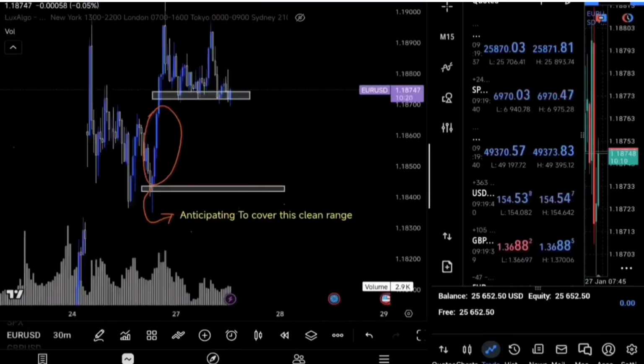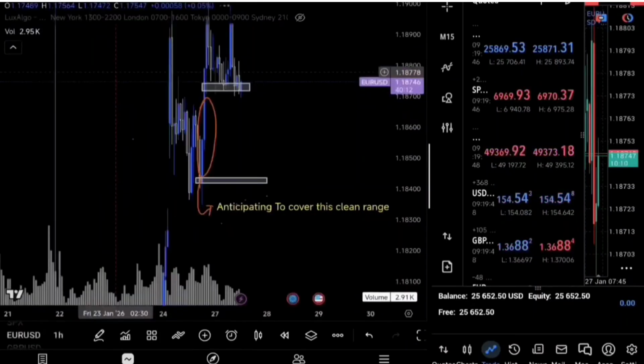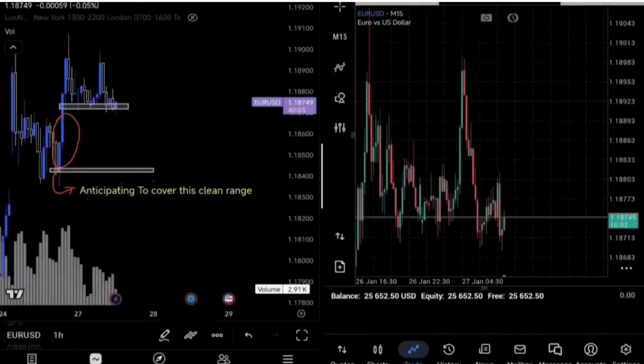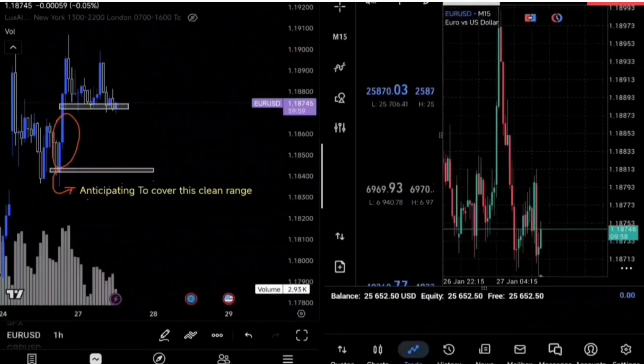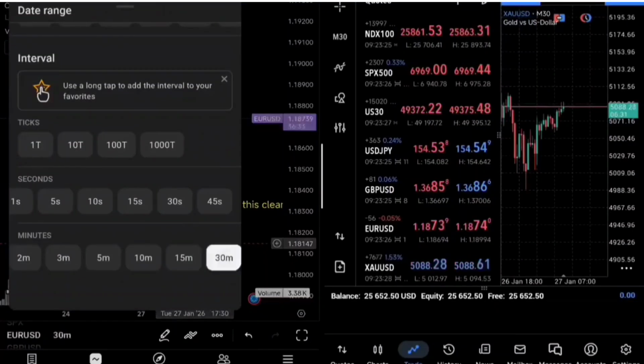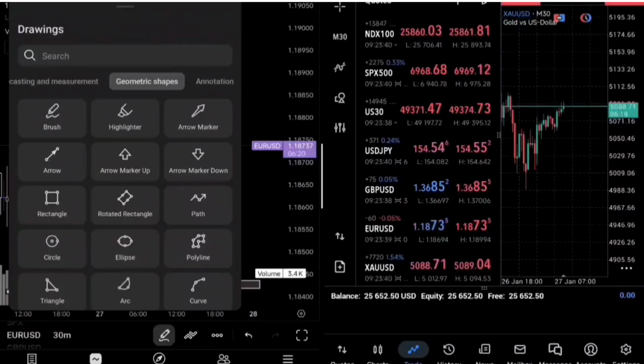This is what I was anticipating: to cover this clean range, not necessarily the complete range, but at least to give some pip move. So I was anticipating mostly that. This is the analysis of Euro USD basically, and